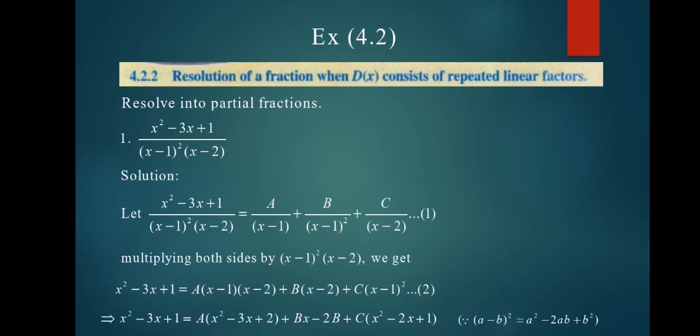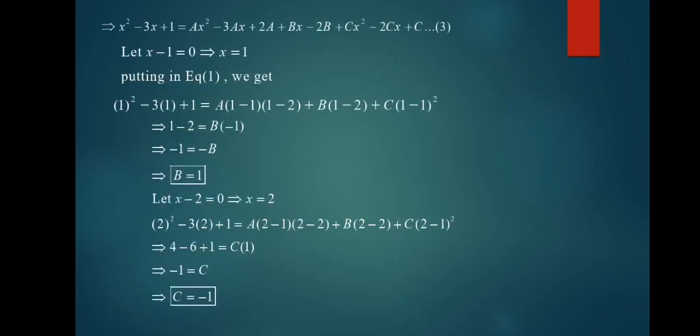Now we cannot apply the zeros method on x minus 1 whole square, since it will once again give us x is equal to 1, and we will once again get the value of b, but we are going to find out the value of a, and we cannot apply zeros method anymore. So what we are going to do, we will have to just use this equation number 3, and we will just compare the coefficients of x square or x or constants according to the number of unknowns to be determined.